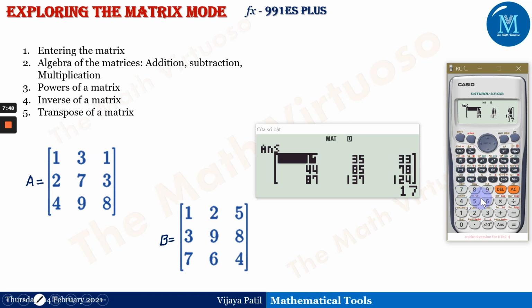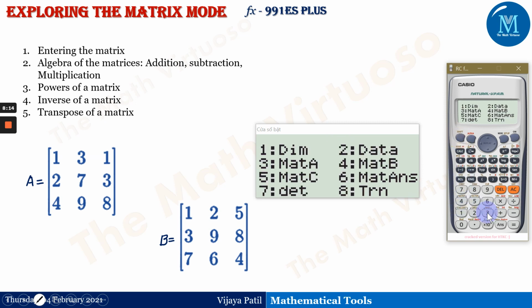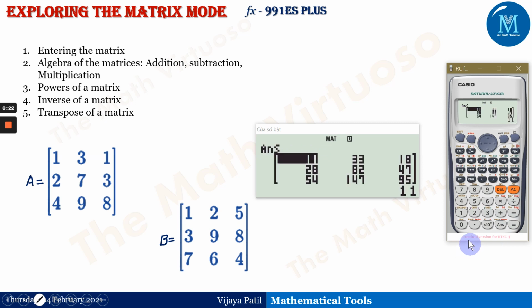I do not have any Mat C with me. Otherwise it's possible to go for multiplication of three different matrices also in one go. That you can explore here. I am just here to make you understand and introduce you to this Mat mode. Then I need to go for the powers of a matrix. For the power, I need a round bracket, Shift 4. Suppose I am doing the 3, that is Mat A, round bracket complete. I need the square of that, which is equals to. So this will give me the square of the matrix.